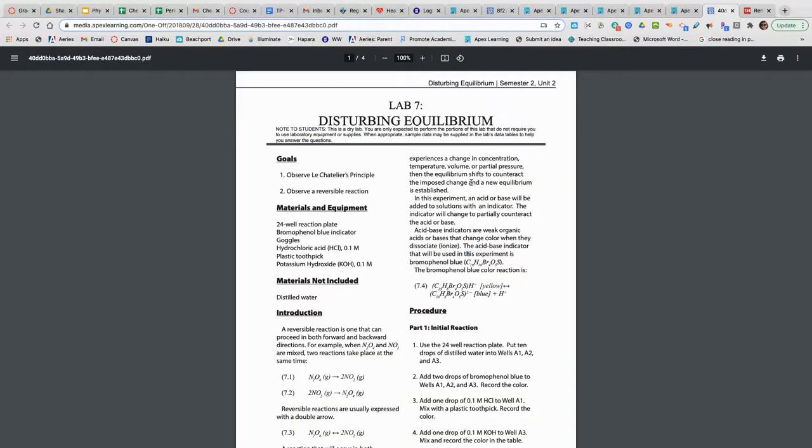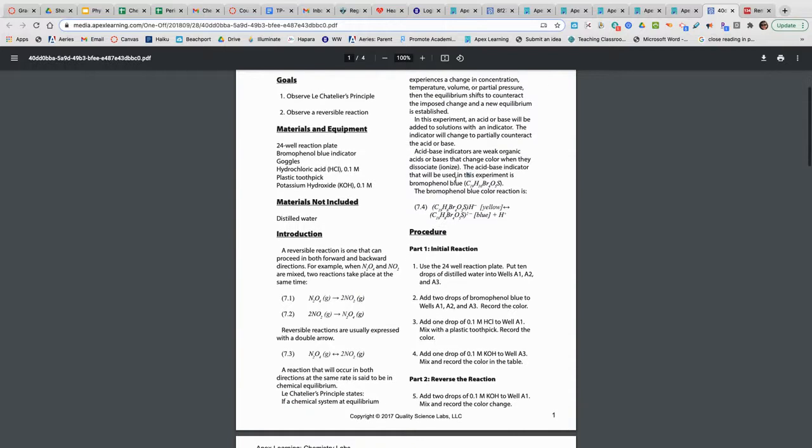Here is your lab. Once again, the introduction is important. It talks about reversible reactions, both forward and backward directions. So this is the forward direction of this reaction, N2O4 yields 2NO2. That reaction can also run in reverse. This is the reverse of 7.1, this reaction here. With reversible reactions, we can just use a double arrow to indicate that the reaction is reversible,